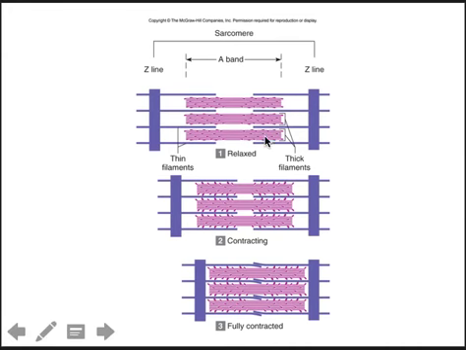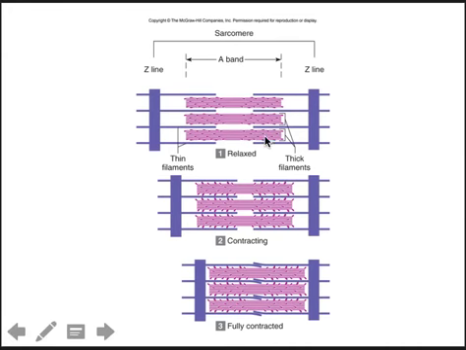And so what you're seeing here again is that the higher the frequency of these electrical signals, the more power we produce more quickly. Okay, this is a stair-step effect, which we call treppe. If the stimuli are so frequent that relaxation doesn't happen, then what we generate is something called tetanic contractions, and you can see those in the bottom trace here. This is a tetanic contraction. You don't see any drop in force. Now, you can't sustain this